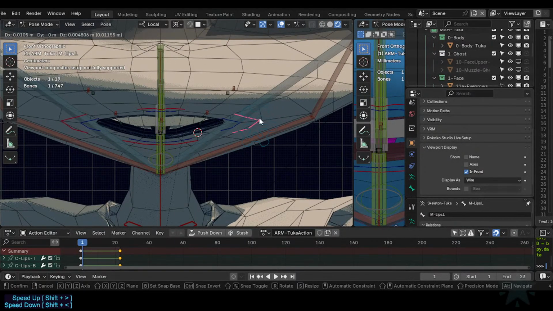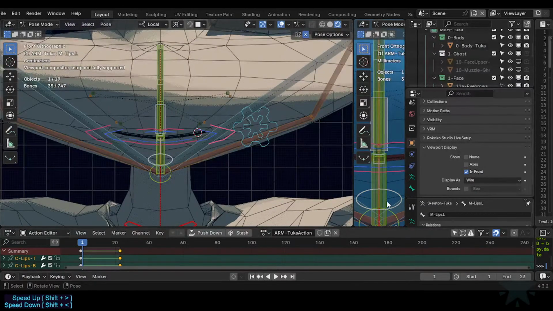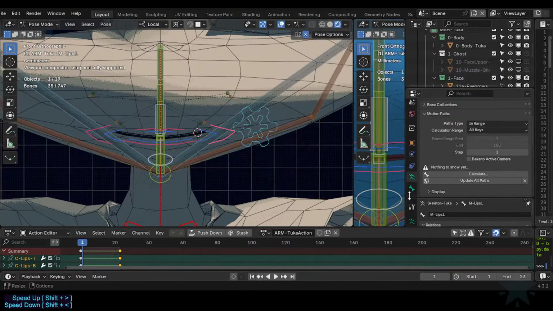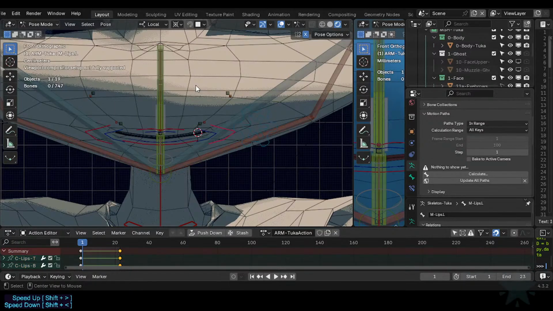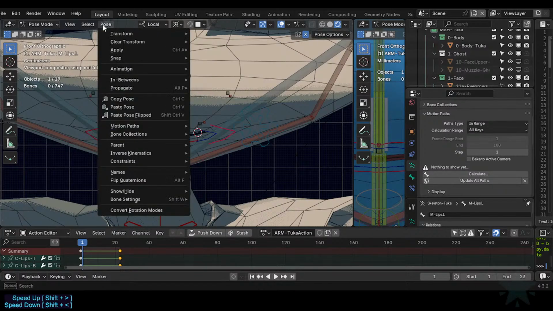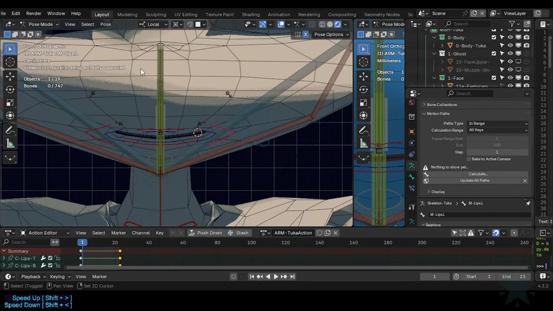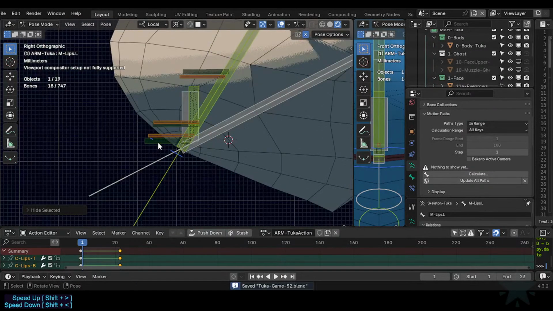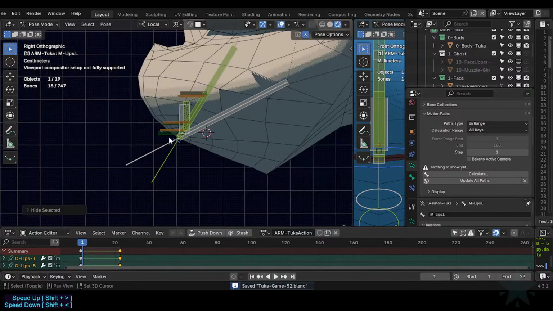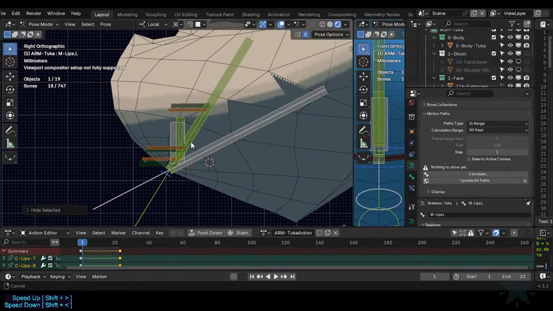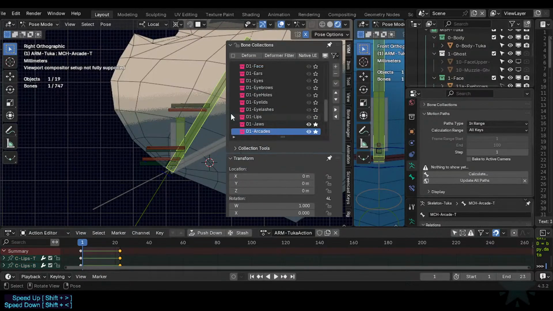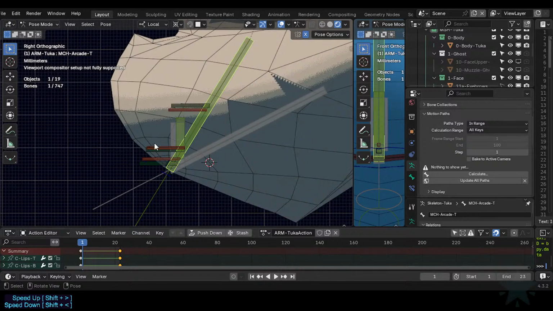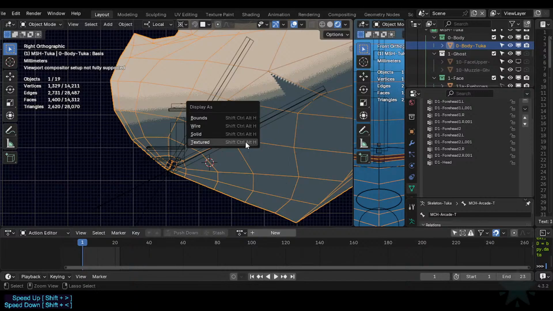And more, yeah, so why I'm looking at these arcades, of course I know why. It's because we need to get to the selection set, which is Shift T arcades, yeah, Shift H, there we go. Alright, so because I've changed the position of all the bones of the arcades separately from the